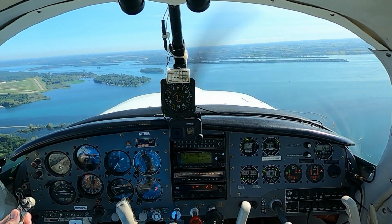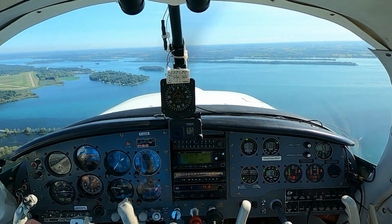Traffic Golf Alpha Delta Kilos over the field at 1.6 for the Midwest downwind, 33 Sarnia,